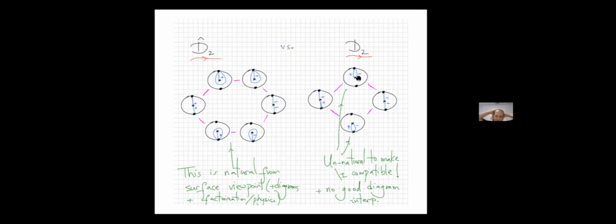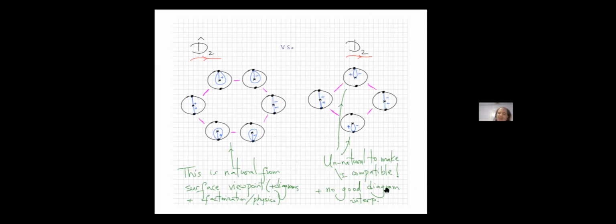And this is, of course, natural from any point of view. It's natural from the cluster algebraic point of view, but it is unnatural from our point of view. Okay, and it's very unnatural to make these plus and minus arcs compatible with each other. They correspond to things that are spiraling around a huge number of times one way and a huge number of times the other way. So these things are intersecting like crazy. And so it's really sort of wrong to say that they're compatible with each other.